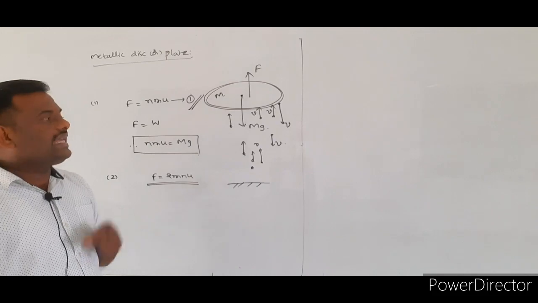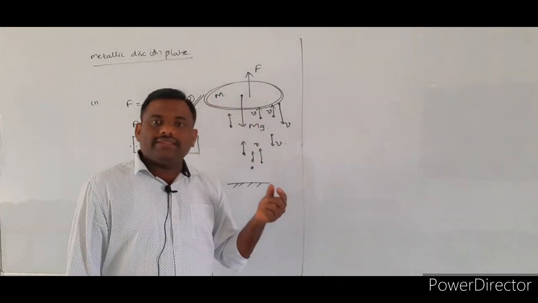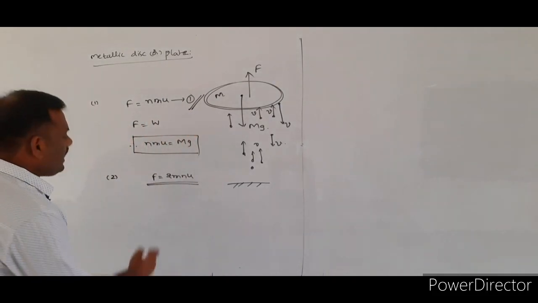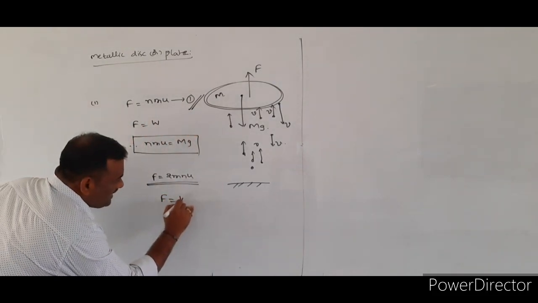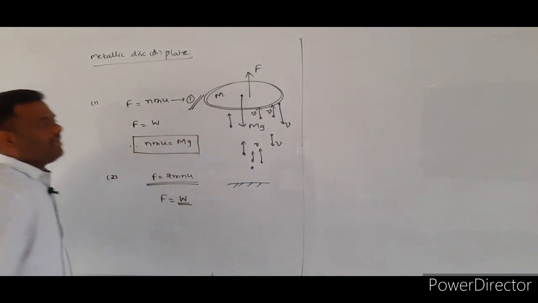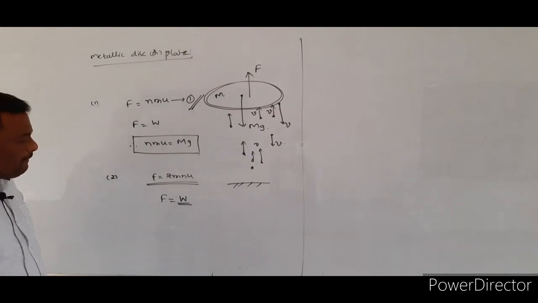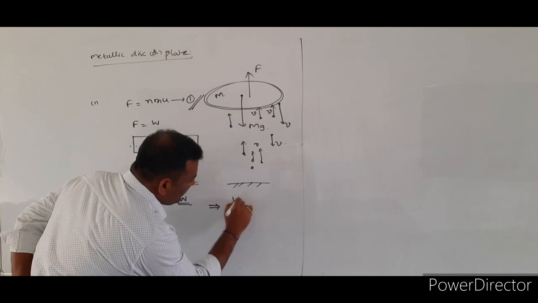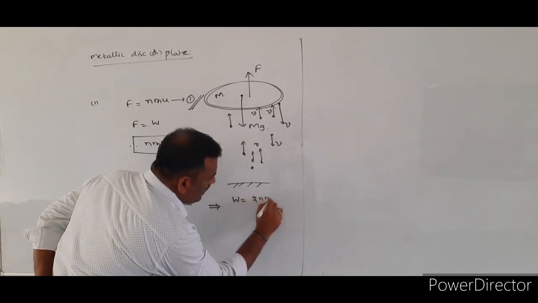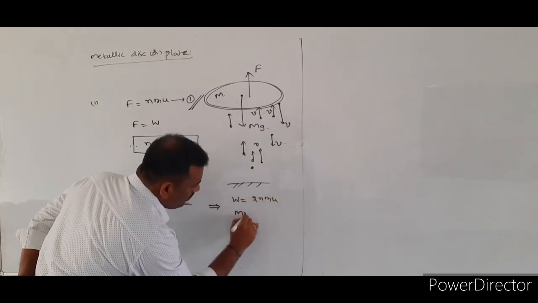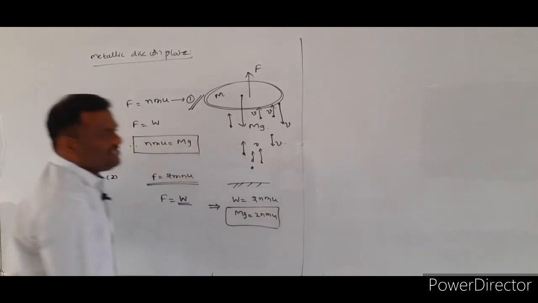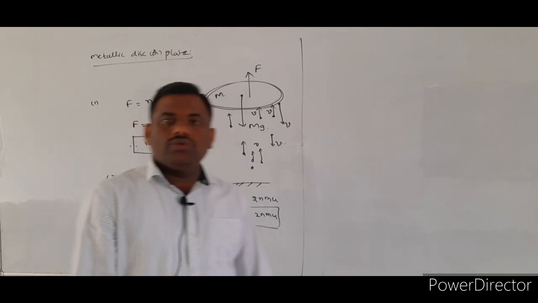2 m n u. In this case also, the disc will be in the state of rest, in the state of equilibrium, so that the applied force again balances the weight of the metallic disc. The applied force will again balance the weight of the disc. Therefore, we write the weight of the disc is equal to 2 n m u, or Mg is equal to 2 n m u. So these are the applications related to Newton's second law.